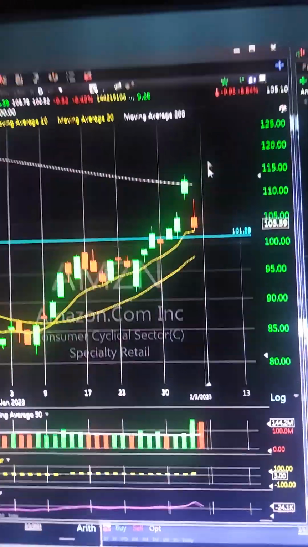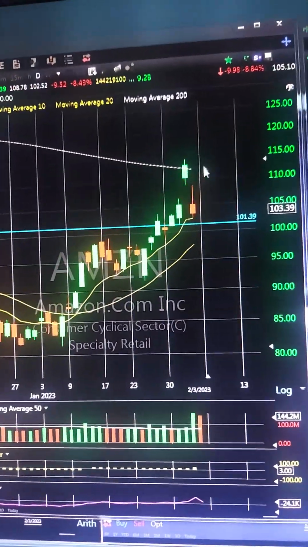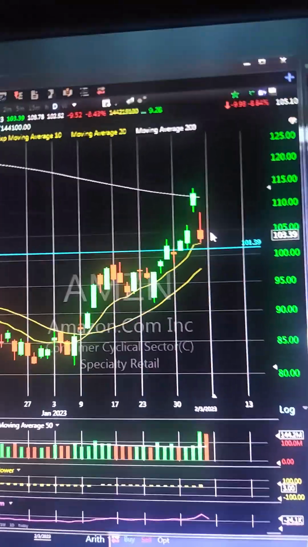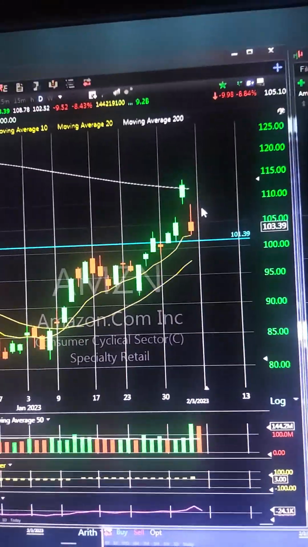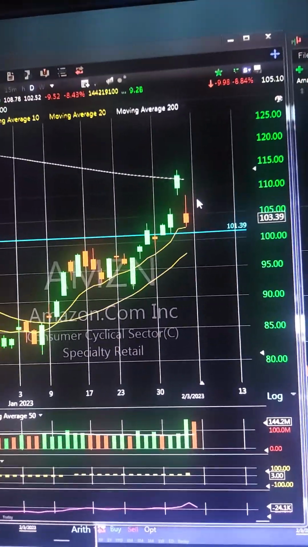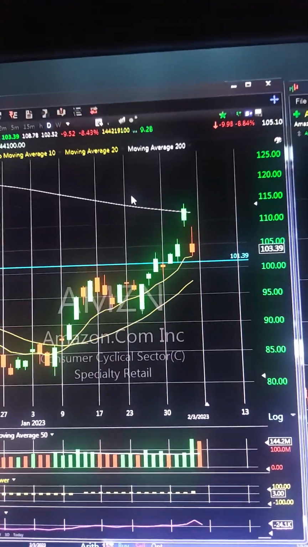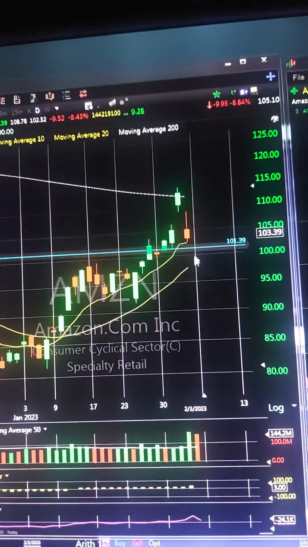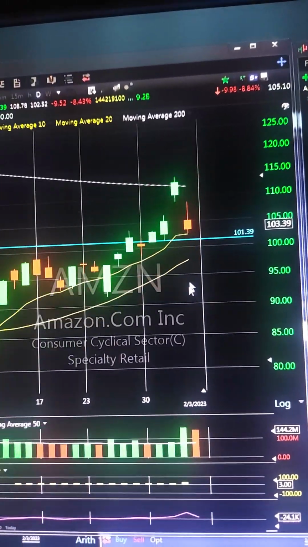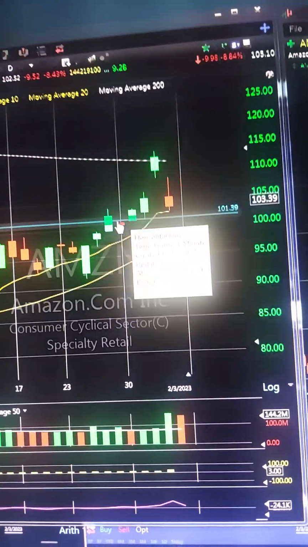So let's look in terms of Amazon to start, and I'll show you this is actually a much weaker stock than Tesla. I'm looking to go short on this one. I'll tell you why, and I'll show you what has to happen to confirm it. I'll show you what some of the possibilities are going forward, either to confirm or not confirm a good short trade. But for now, if you just start out here on the daily chart, you do see the 2 down